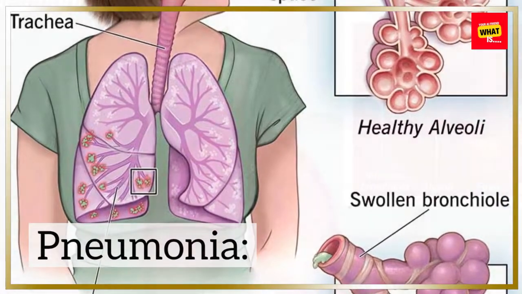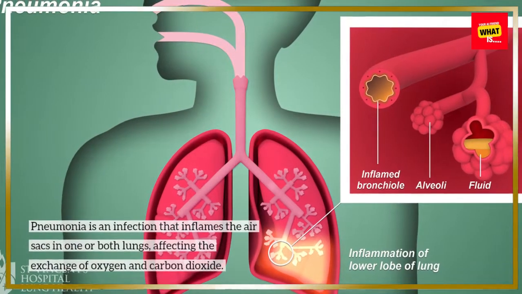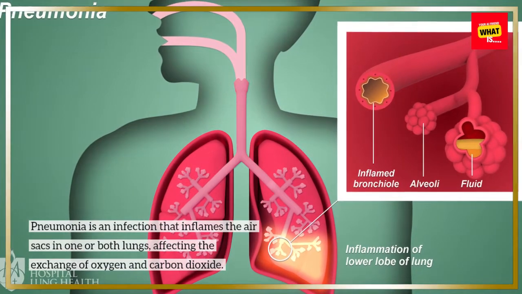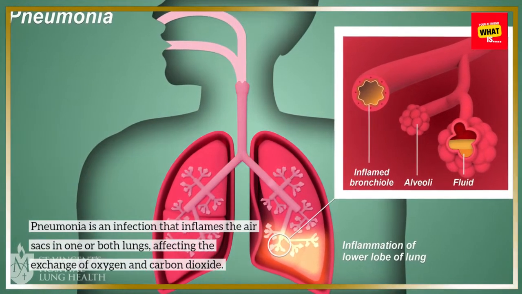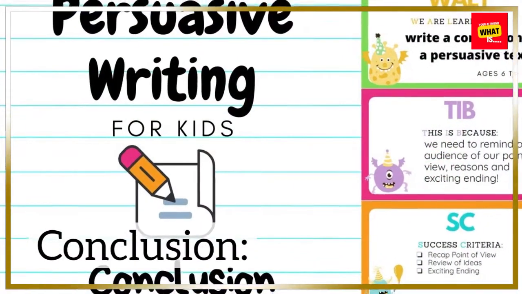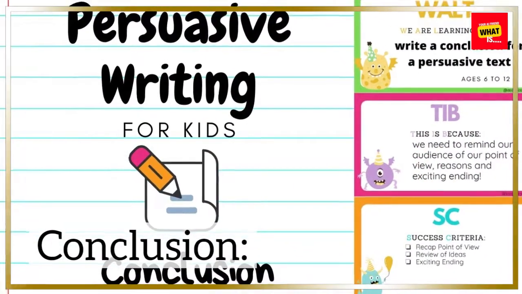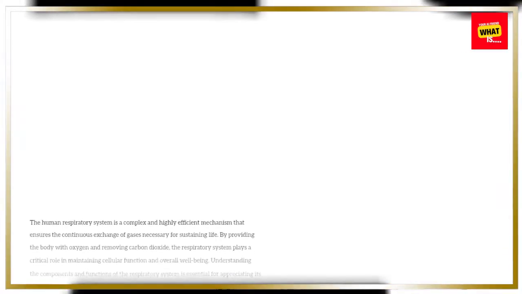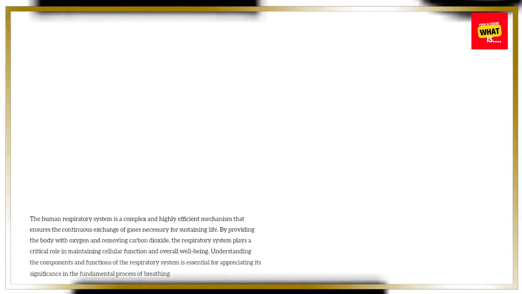Pneumonia. Pneumonia is an infection that inflames the air sacs in one or both lungs, affecting the exchange of oxygen and carbon dioxide. Conclusion. The human respiratory system is a complex and highly efficient mechanism that ensures the continuous exchange of